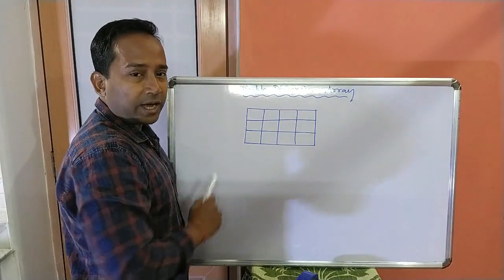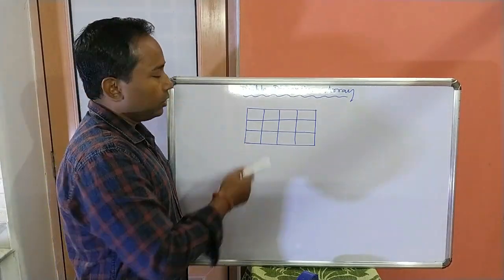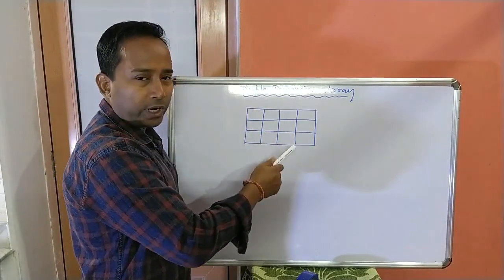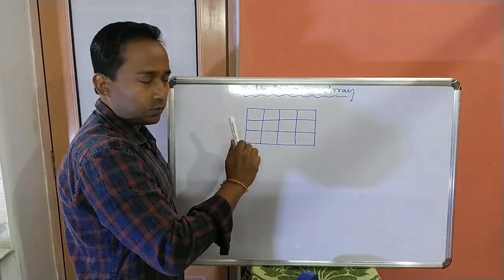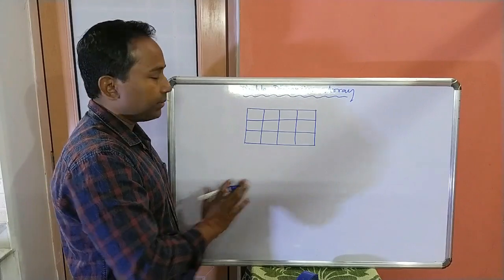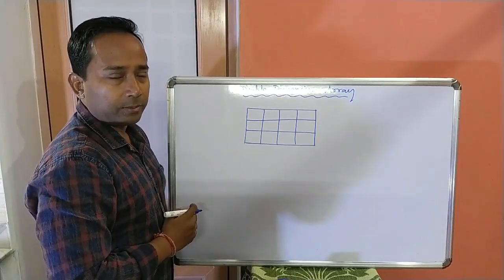So this is the basic diagram of a double dimension array. It contains a number of rows and columns. So if we assume that the first row is one single dimensional array having 4 elements, second row array having same number of elements, and third row also. So we can say a double dimension array consists of a number of single dimension array. If the array name is A, now we will learn how to declare this double dimension array.